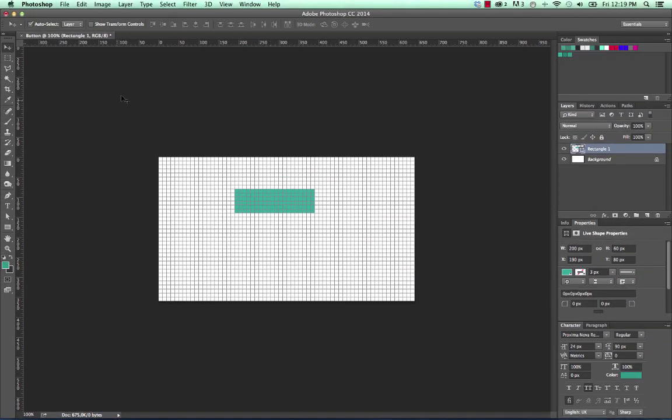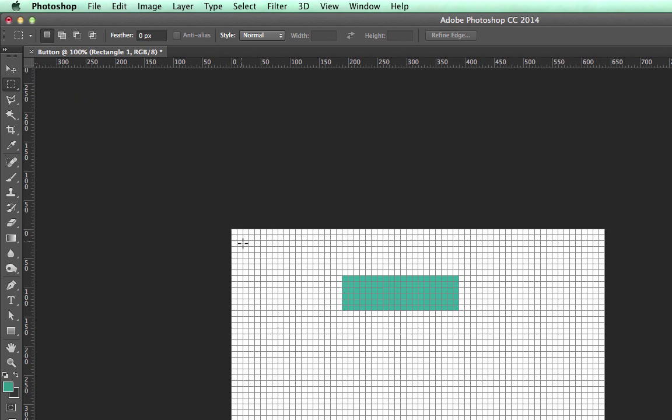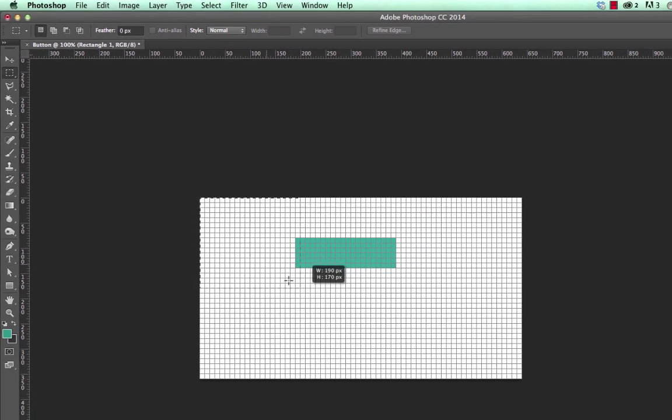Firstly, we're going to go to our rectangle tool here, and I'm just going to choose the normal old rectangle tool. I'm going to make this button 60 pixels high by 200 pixels wide, and you can see, there we go, 200 by 60, boom. I'm just going to center this in the middle of the canvas, and I'm going to do that by selecting the rectangular marquee tool. And just draw